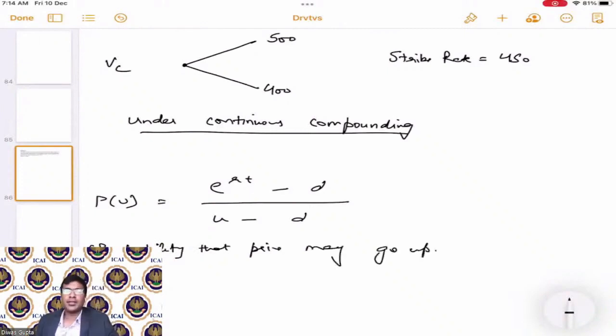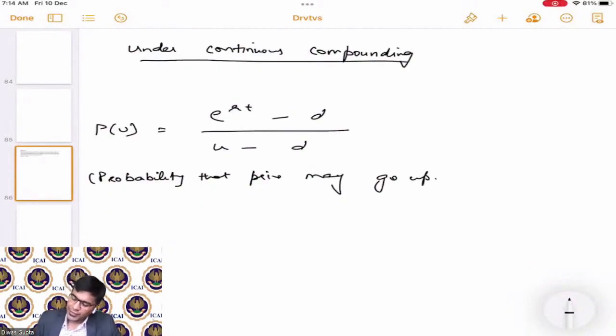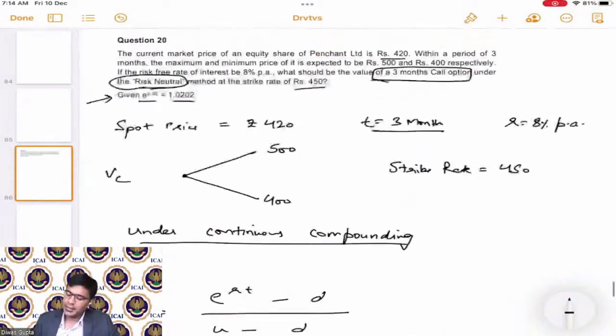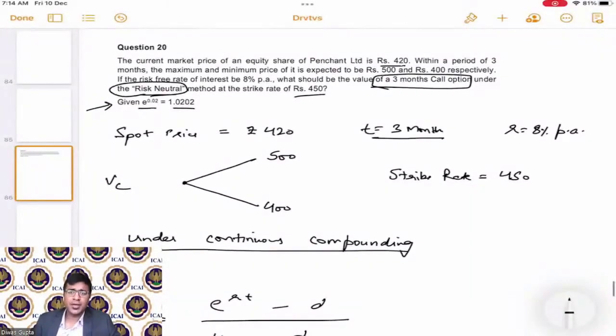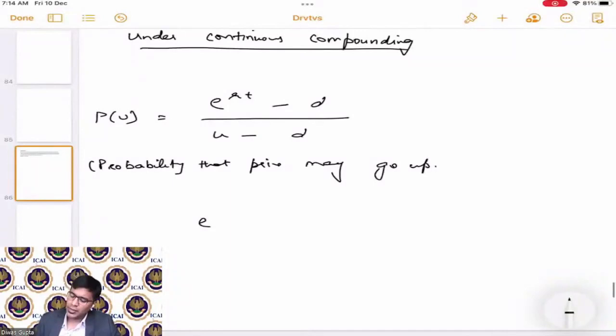Now, e raised to the power RT is for a 3 months call option, right? 8% is the R multiplied by T, which would be 3 divided by 12. Correct? This is what e raised to the power RT would be, minus